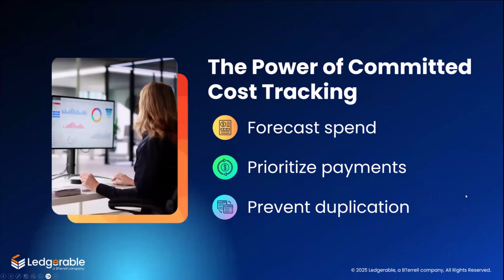Now, tracking commitment changes the way you run reports. You can now forecast spend accurately, knowing exactly what's already being spoken for, and it gives the CFO real-time numbers for forecasted spend, not just historicals. You also get to prioritize your payments. AP can now see the retainage, the open balances, and the payment timing is going to be more accurate.